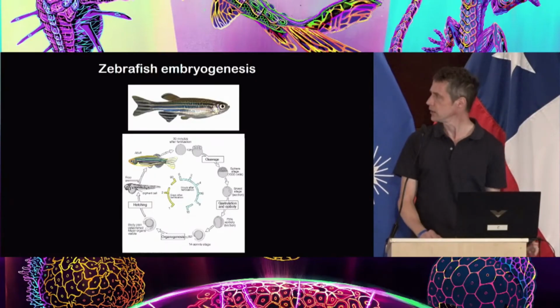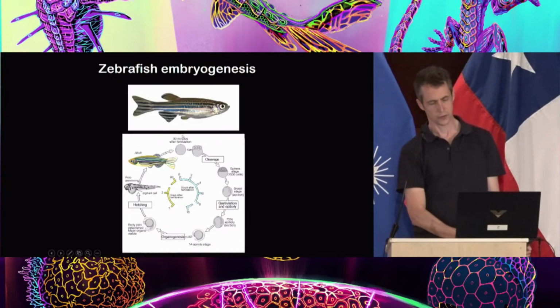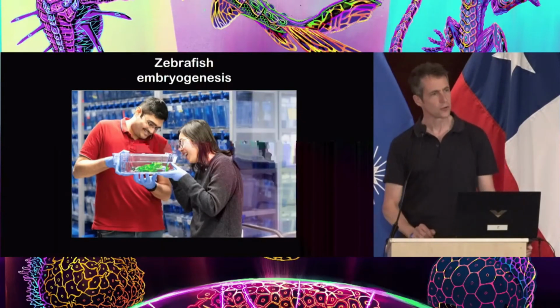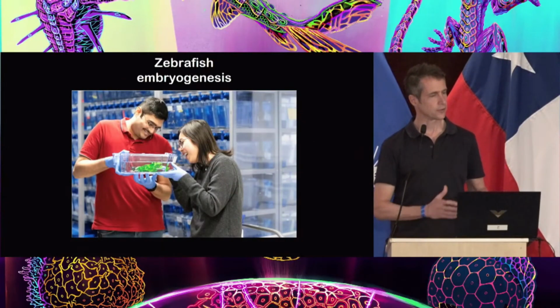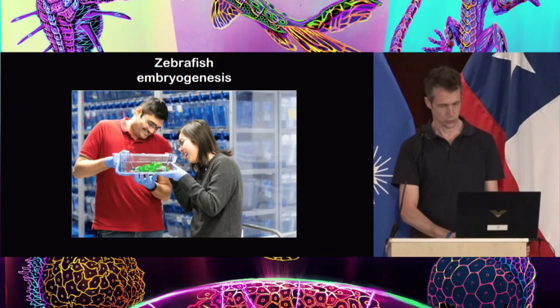development? The organism we are using is zebrafish embryos, and very much like amphibian embryos, you go through a series of embryonic stages here: gastrulation, germ layers forming, and then you end up with the adult organism. Zebrafish is very useful because you can keep many different strains, transgenic strains and mutant strains, in the laboratory. This is a picture of a fish facility as we have it, where you can keep essentially thousands of fish and do experiments on them.